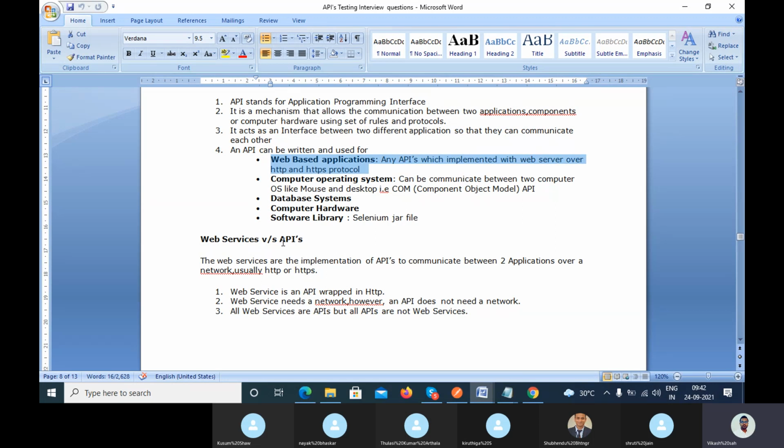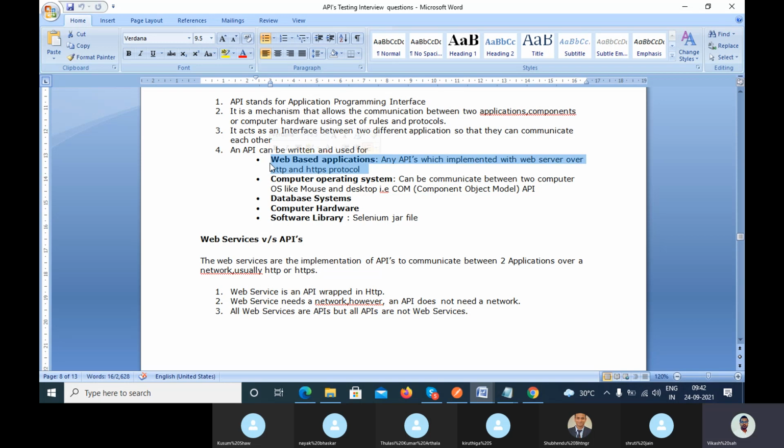But if you ask whether all APIs are web services, no, because in computer hardware systems we are not using HTTP as the protocol. In databases we are not using the HTTP protocol. In a software library we are not using the HTTP protocol. So how can I say it is a web service? If it is a web service, then it is only using the protocol HTTPS or HTTP.